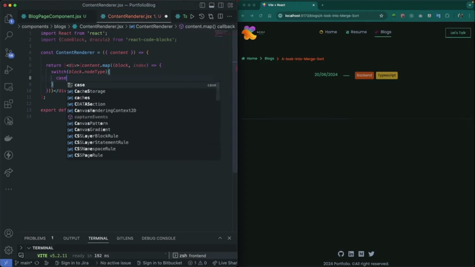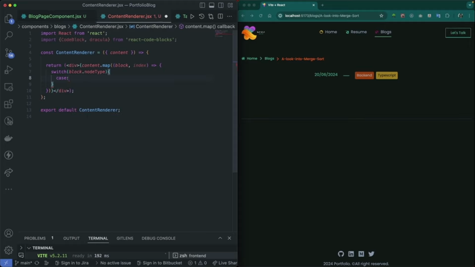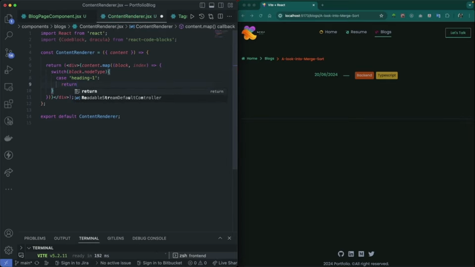So for the case, we saw examples like the heading 1, paragraph, embedded text or code block. So we need to make sure we are rendering each of these cases. So for the heading, let's deal with the header 1. So heading 1, I want to return the following. So I want to return an h1 tag,